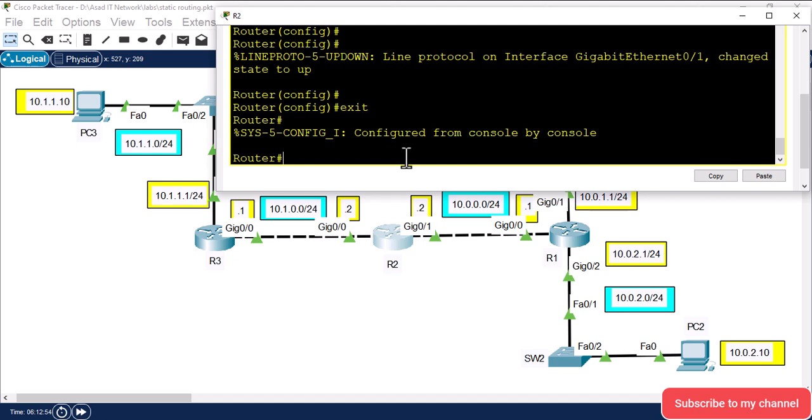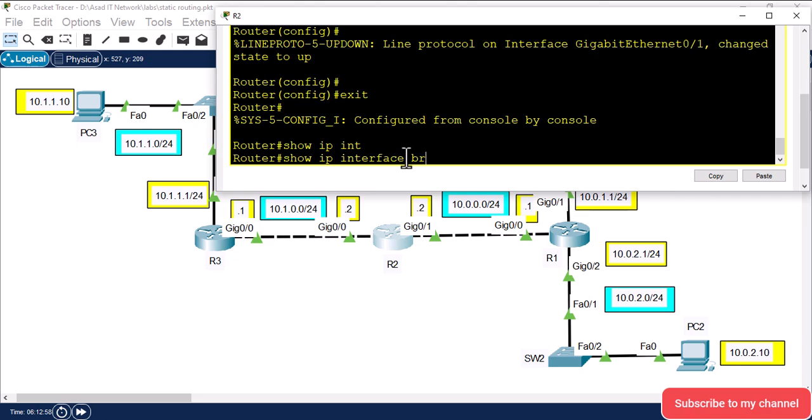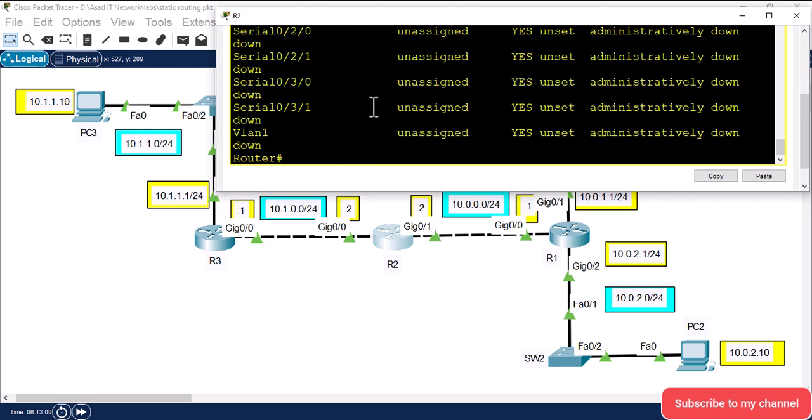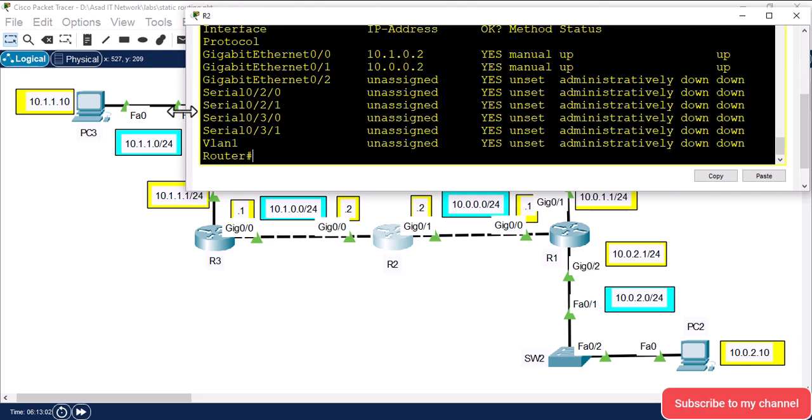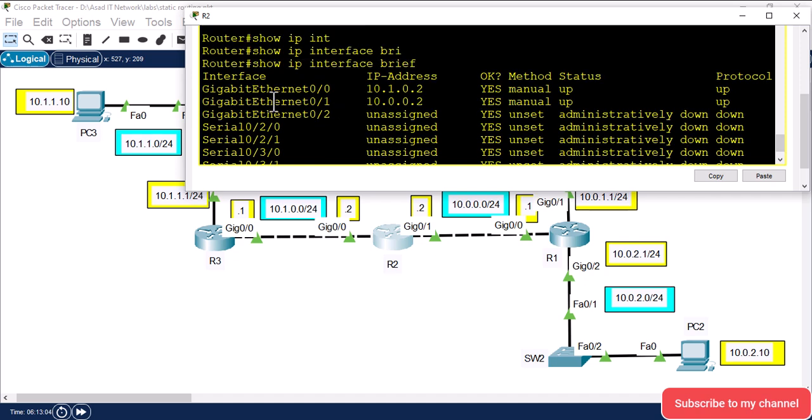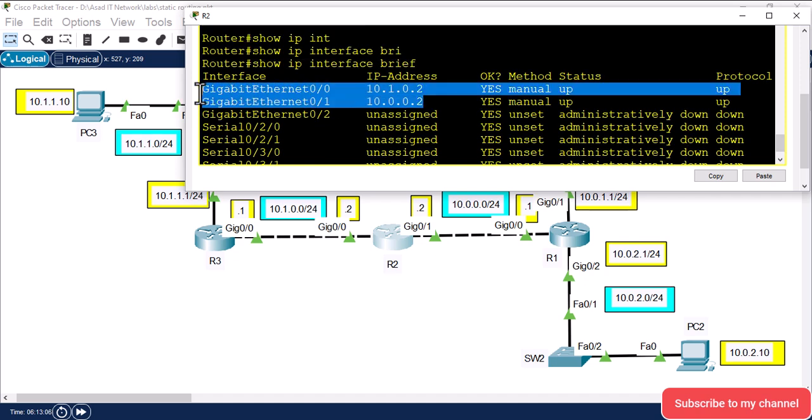We are on router 2, and if I apply the command show ip interface brief, we can see that we have configured the IP addresses on these two interfaces, GigabitEthernet 0/1 and 0/0. We have configured the IP addresses 10.1.0.2 for this port and .2 for this port. Okay,